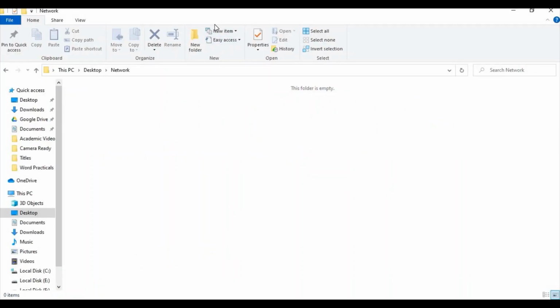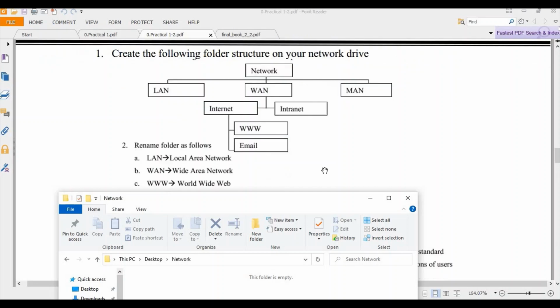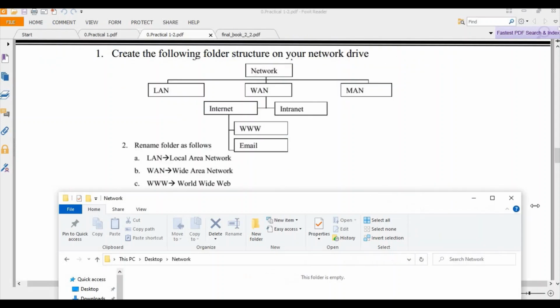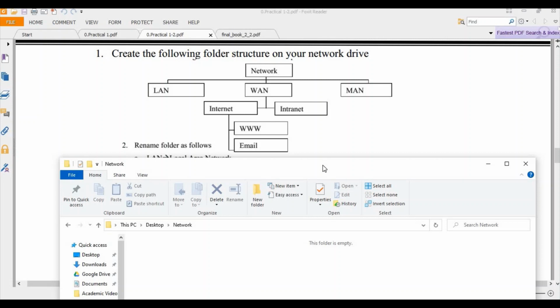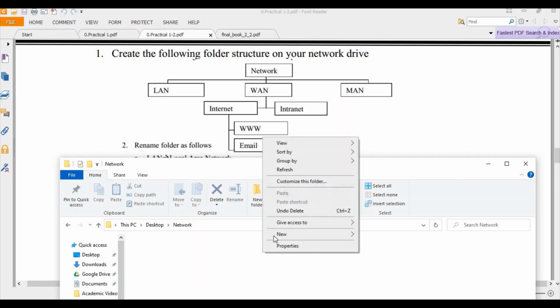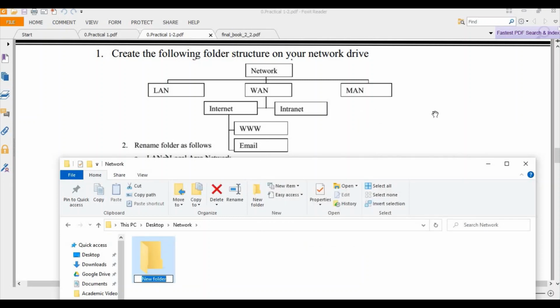So here the network folder is there. Just I will scroll up for my ease. I'm taking a view like this. So inside that particular folder, I want to create a new folder. The folder name is network, I have created, then open.